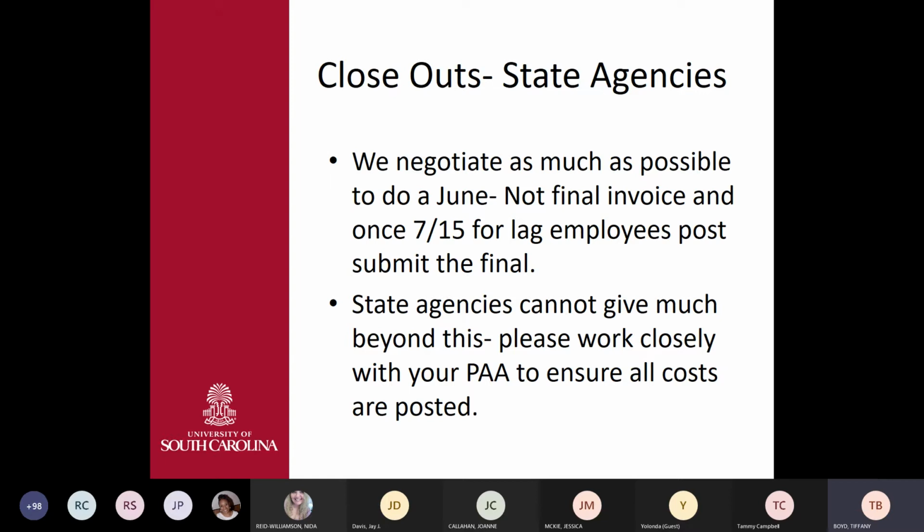So as we get into July, one of the biggest reminders is for large state agency awards. While we as a university negotiate as much as possible, both I know the SAM office does, and also the GFM controller's office, to get as much time as possible. We do have certain agencies that have allowed for us to submit on July 5th a not final invoice, and they will reserve time for us to submit an invoice as soon as 715 payroll posts for any employees paid on a lag. Some other state agencies, South Carolina Department of Education, they do not give past this July 5th